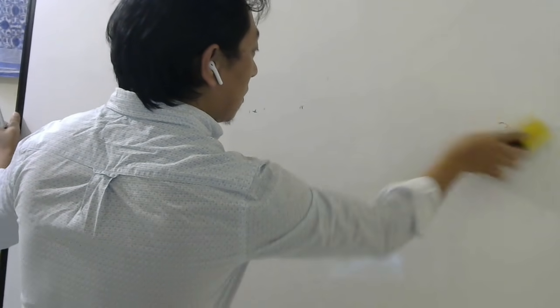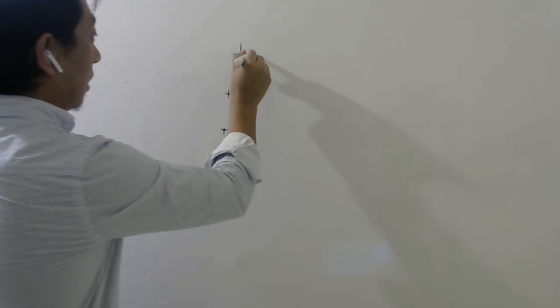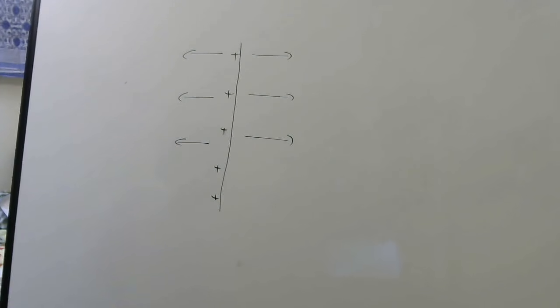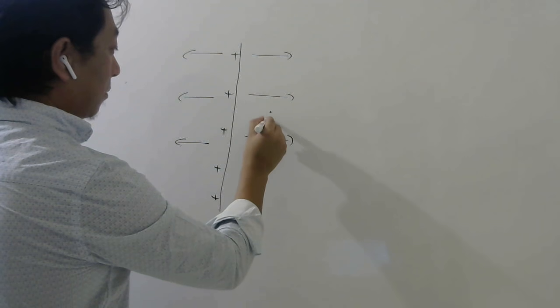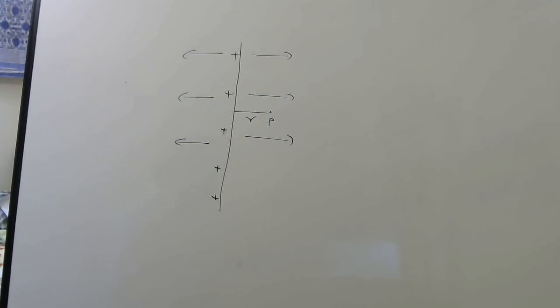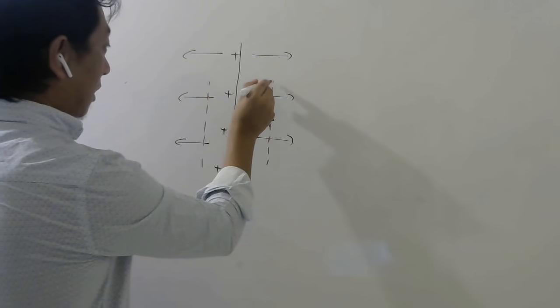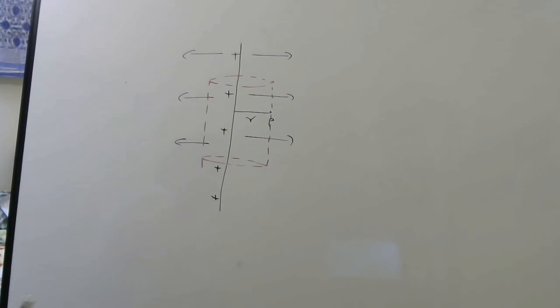After this, what did we take? We took an infinitely long line charge. If you take a line charge like this, which is infinitely long, I told you electric field will be everywhere like this. These are your electric field lines. Then I wanted electric field at some point P, which is at a distance r from the line charge. Then, if you remember, I made a cylindrical Gaussian surface passing through that point. Wherever you want electric field, you should draw the Gaussian surface through that point.